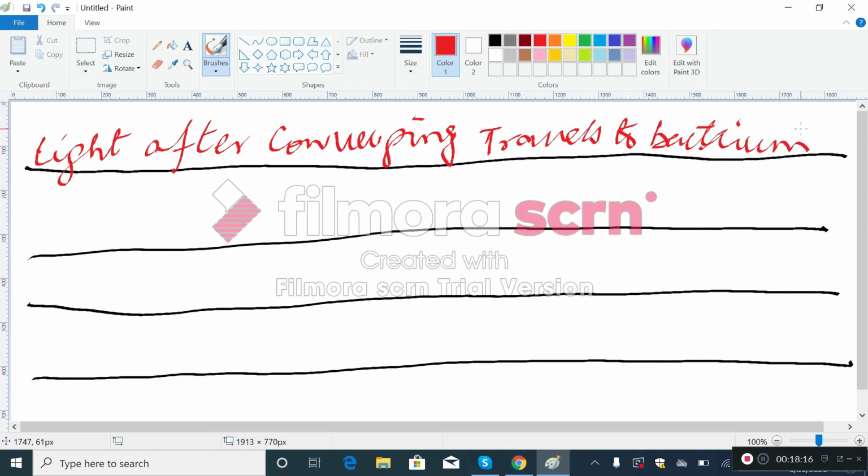Then what happens? Sensory cells or receptors are given on the body of the bacterium. Actually these sensory cells or receptors are there to absorb or to detect light. So next we will write light after converging travels to bacterium, and receptors